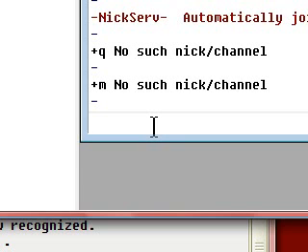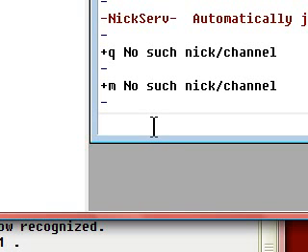I am now connected to Geekshed. After connecting to a server, you need to identify your nickname if you are already registered.